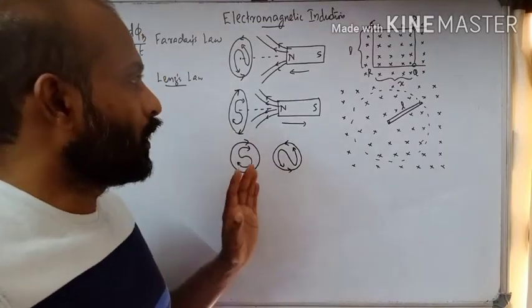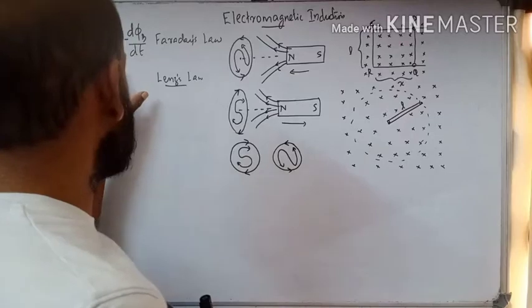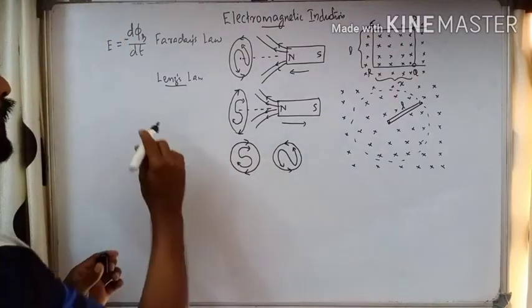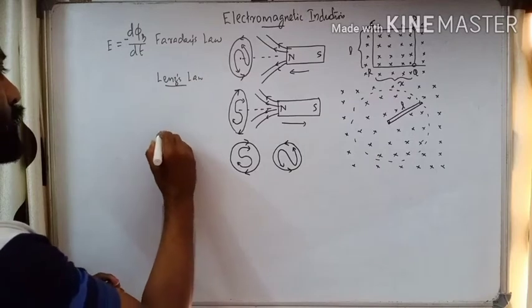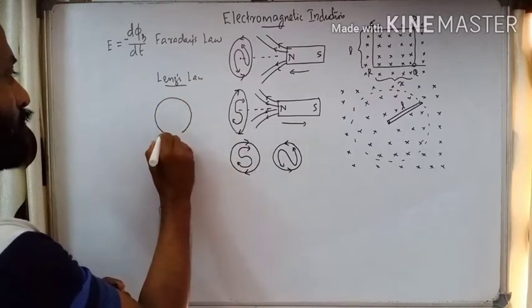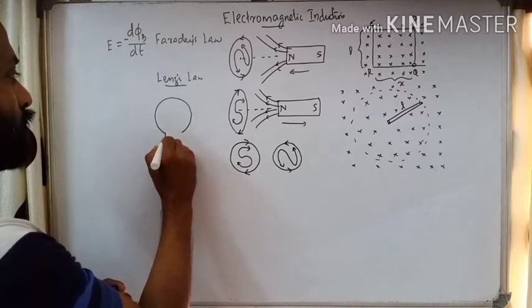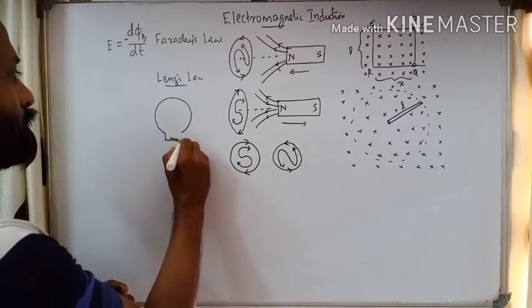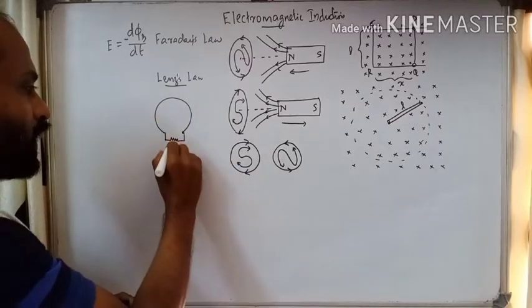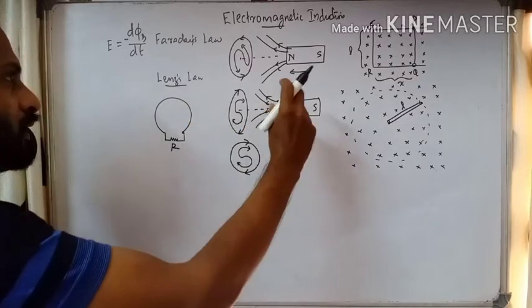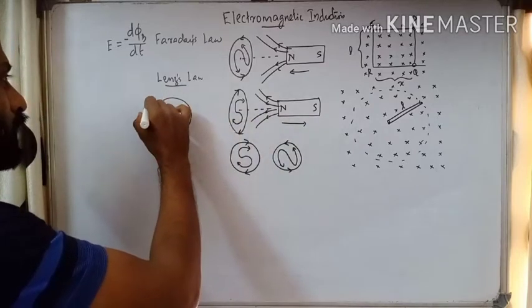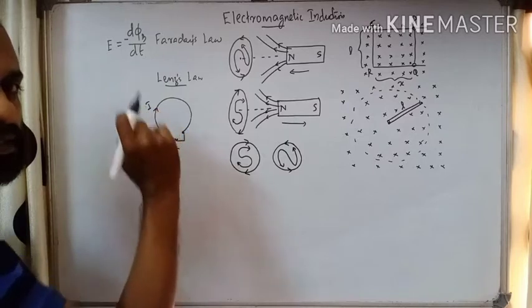Now we have a few equations connected with this. See, we have the equation of induced EMF. Consider a coil connected in a closed circuit. Suppose we have a resistor here. The coil is made up of a good conductor and we have a resistor R. Whenever there is a change in flux, a current will be produced. Let I be the current flowing through the resistor.